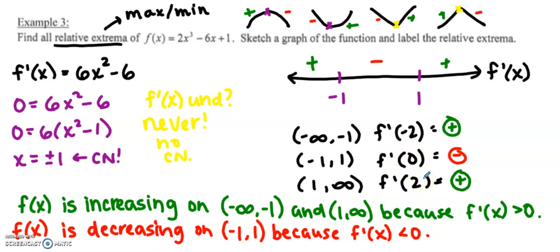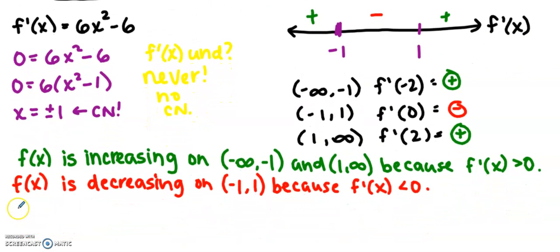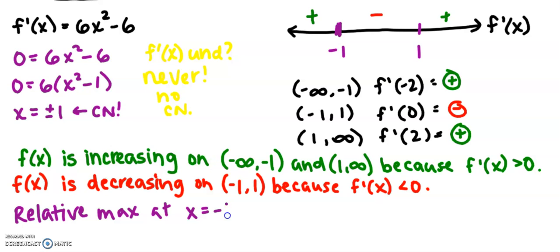All right? So what I came to my conclusion is that f of x is increasing from negative infinity to -1 and from 1 to infinity because f prime is greater than 0. I also found out that f of x is decreasing on -1 to 1 because f prime of x is less than 0. But this question said to find all relative extrema. So we just found something interesting, something critical is going on at -1. What we found is there is a relative, and we'll talk more about what this means, but relative max at x equals -1, that's where it happens, right, the x value,